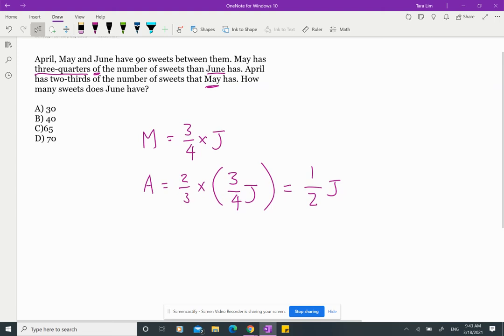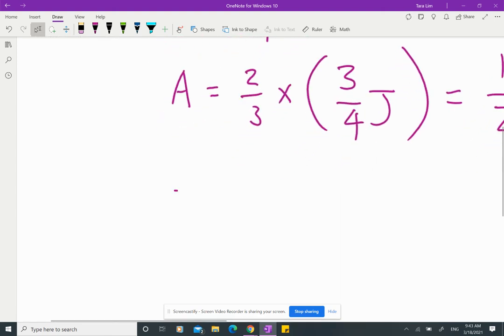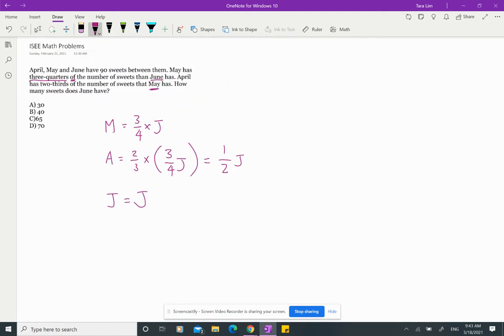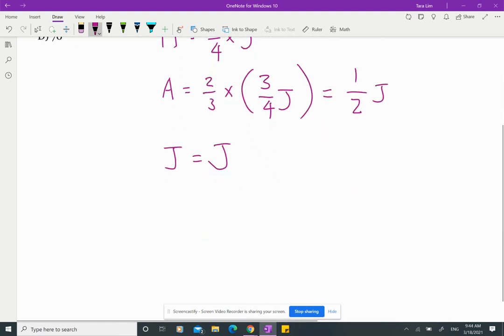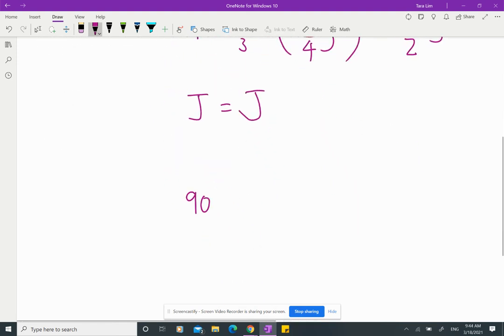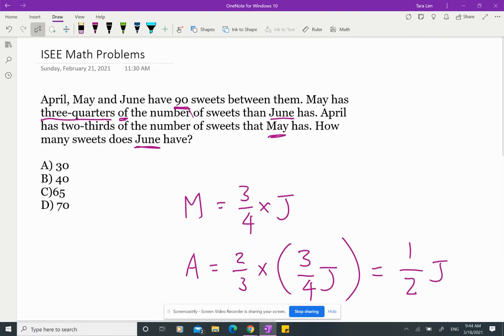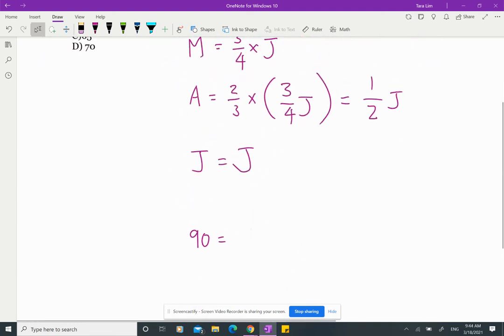And now for June, we don't know how many sweets June has, so we can just write it out as J. So now we want to know how many sweets June has. And here it says the total number of sweets is 90, so we're gonna write 90. And it says April, May, and June have 90 sweets between them. So we can write it out as